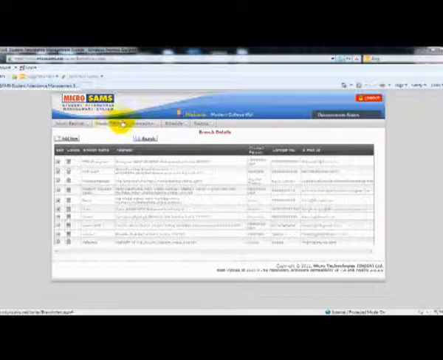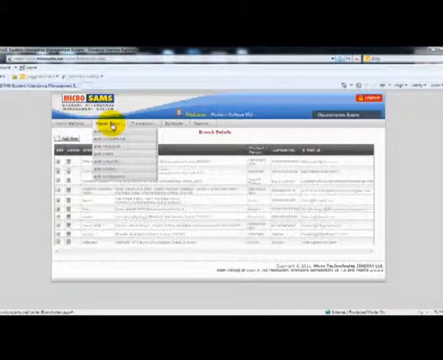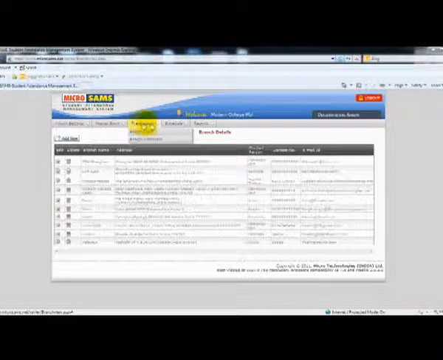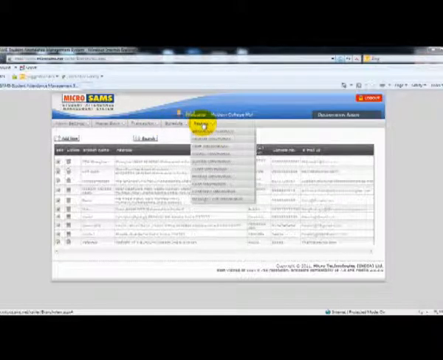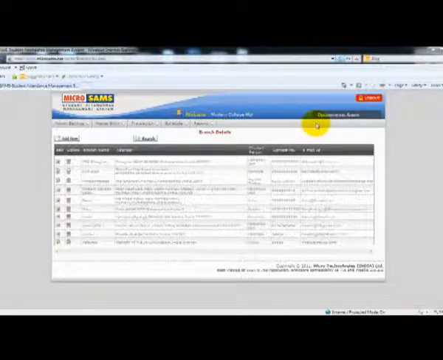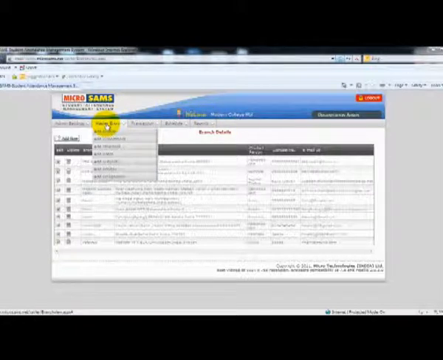This is the home page, and here you can see the details of admin settings, the master entry, transaction, schedule, and reports. Go to master entry and click on add branch.